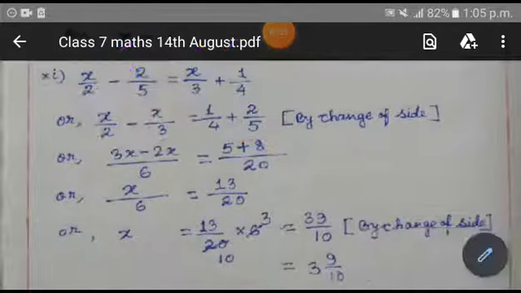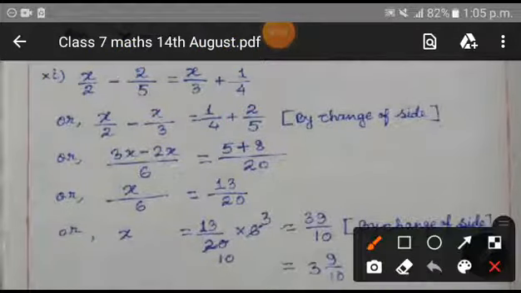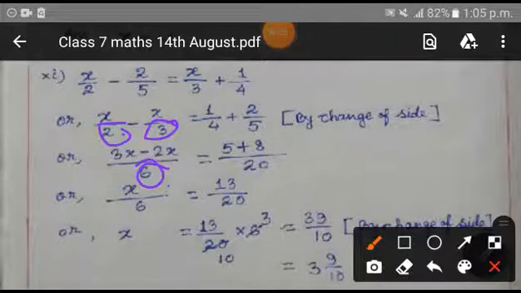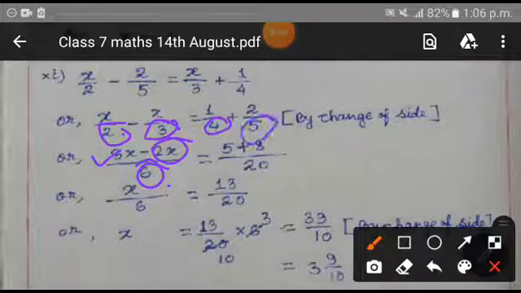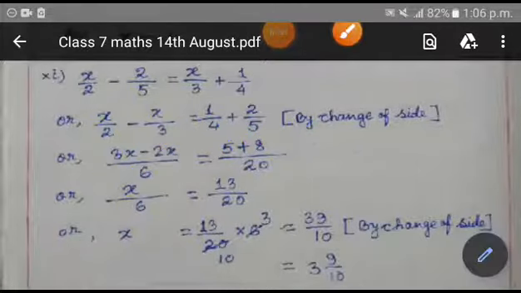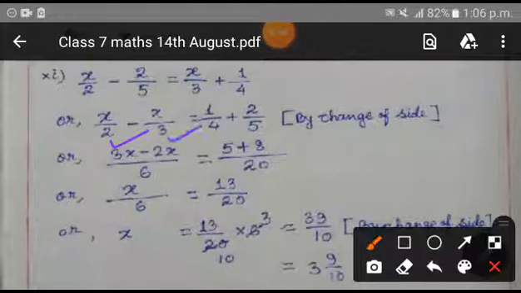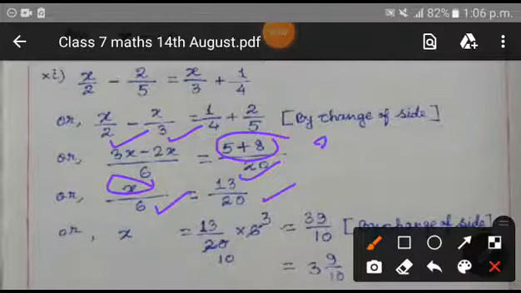So now in the next step, what you will do is simple fractional calculation, that is, you are going to take the LCM of 2 and 3, which is 6. Then 2 3s are 6, x into 3 means 3x, 3 2s are 6, x into 2 means 2x. And on the right hand side, the LCM of 4 and 5 is 20. 4 5s are 20, 1 5s are 5, 5 4s are 20, 2 4s are 8. Then denominator 6 is there, then you have 3x minus 2x, which is x by 6. Then 8 plus 5, that is 13 by 20. So you have x by 6 equals 13 by 20.